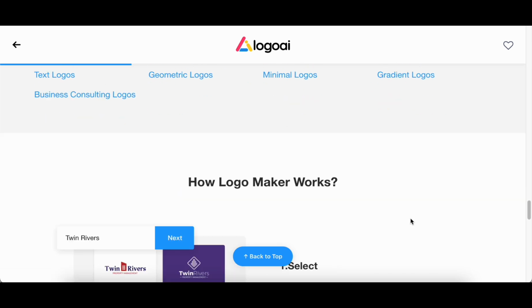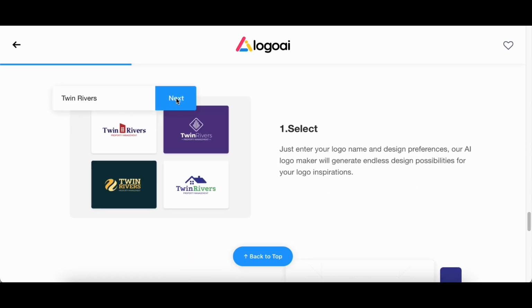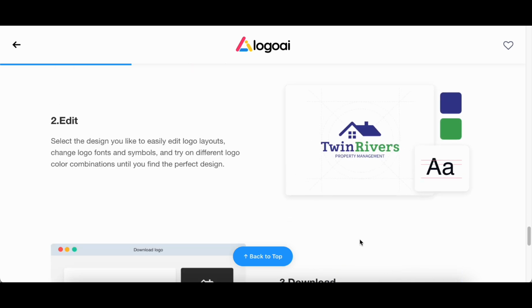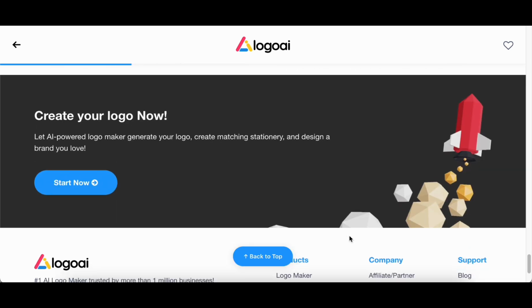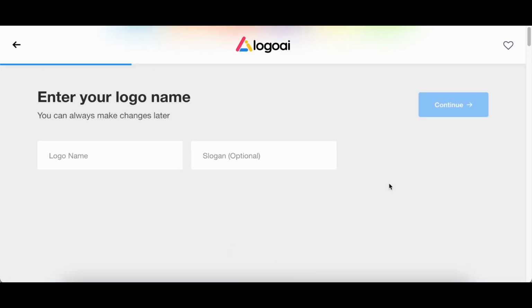Unlike conventional logo makers that rely on pre-made templates, Logo AI distinguishes itself by offering a dynamic and personalized approach to logo creation. The platform's logo builder is designed to produce fresh and individual designs for each client, mirroring creative nuances and unique characteristics of their brand. This bespoke approach contributes to the creation of logos that stand out in a crowded market, effectively differentiating businesses from